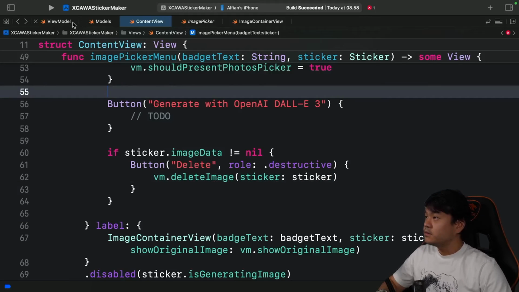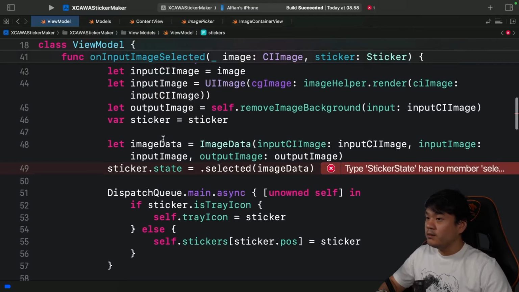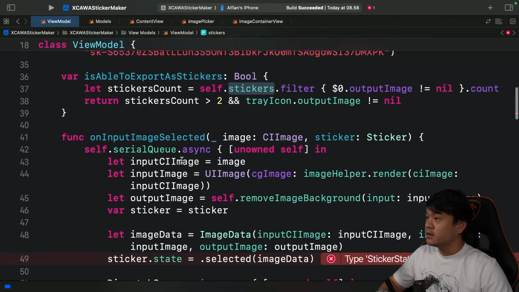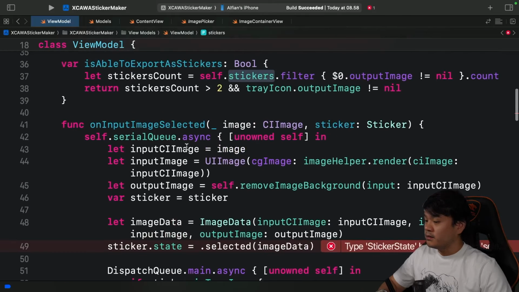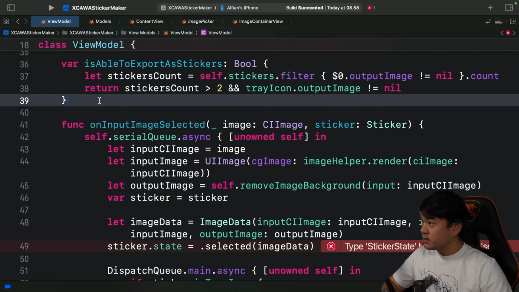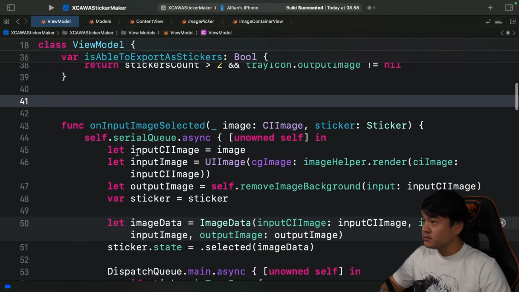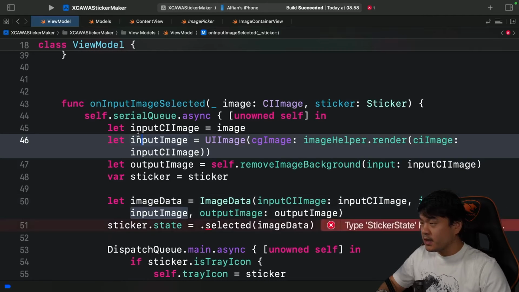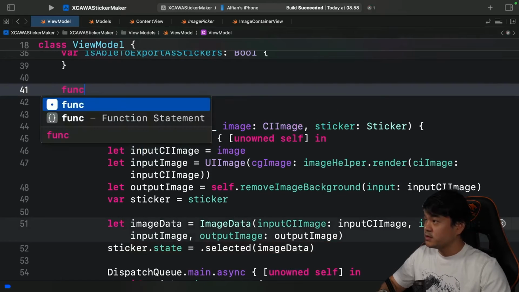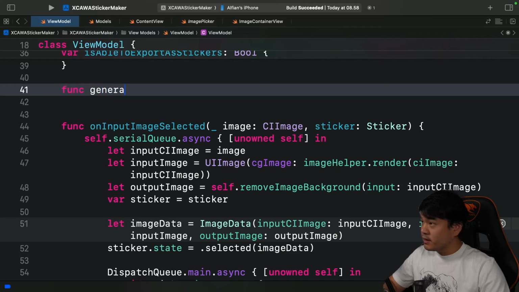Okay, now let's go to view model. Before we begin to implement the DALL-E 3 method, I want to do some refactoring first. The first thing that I'm going to do is extract this method to basically just accept an image and then generate the image data. I'm going to extract this out, refactor this a bit, and give it a name of generate